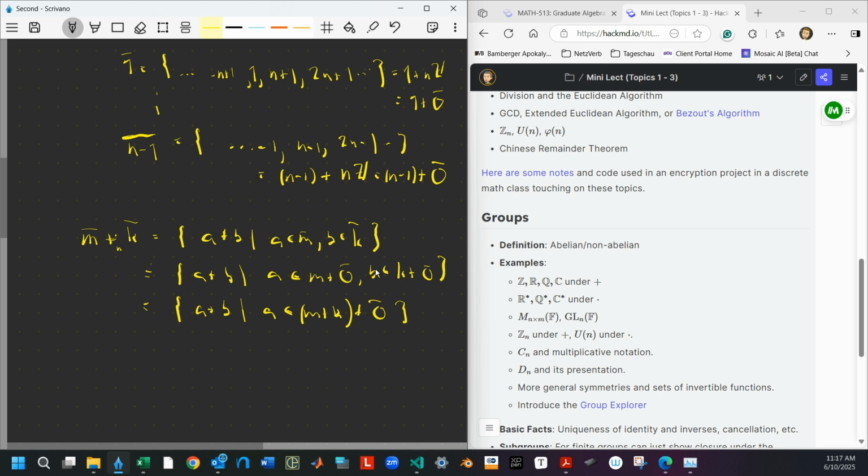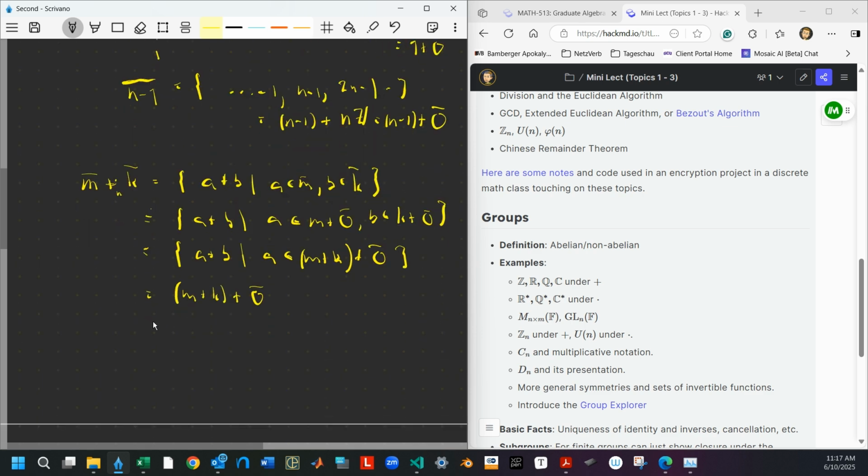Because if I take something in 0 bar and something else in 0 bar and I add them together, I just get something in 0 bar, right? So we'll see this kind of thing a lot. And so this is in fact just M plus K plus 0 bar, right? So that actually works out kind of nice. This is in fact just M plus K bar, right? So we get this kind of nice